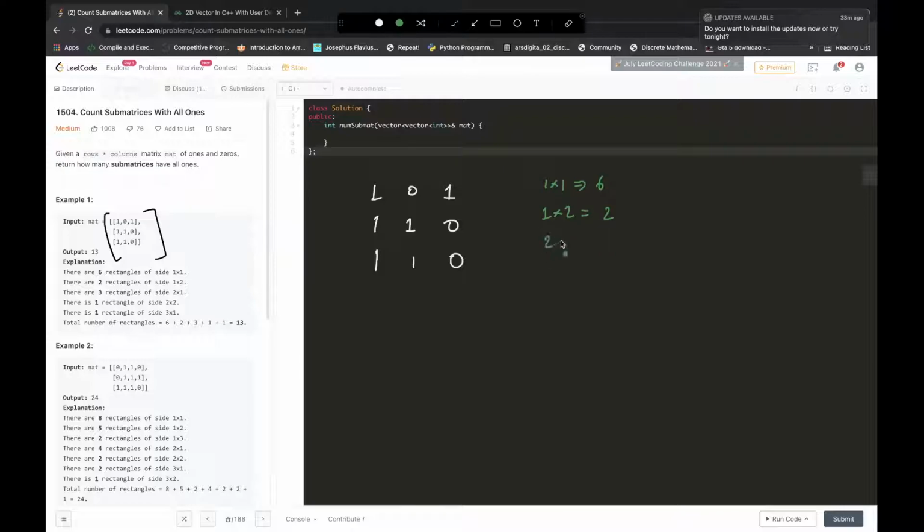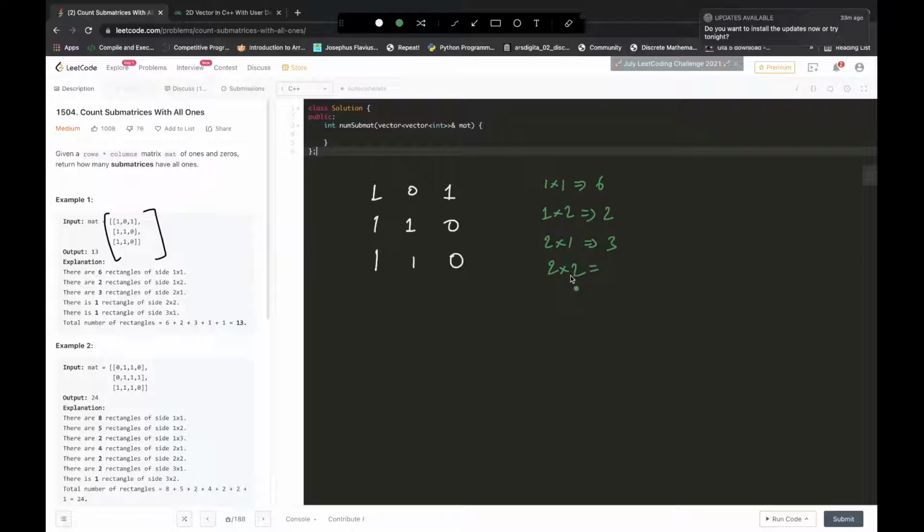Now let's see how many 2 cross 1 rectangles are there. By 2 cross 1 we mean the height is 2, width is 1. So this is a 2 cross 1 rectangle, and then this is one, and then this is one. So total we have 3 rectangles of 2 cross 1, right? Now let's see 2 cross 2 rectangles.